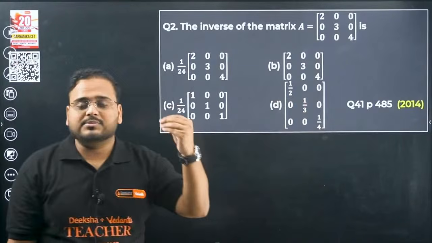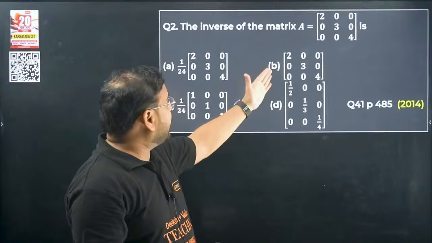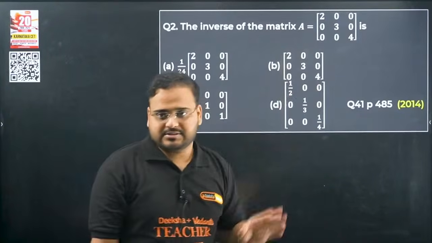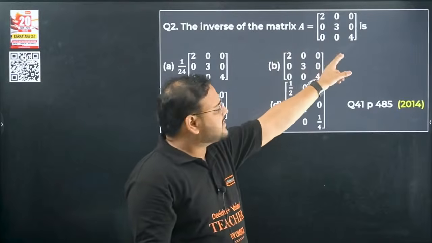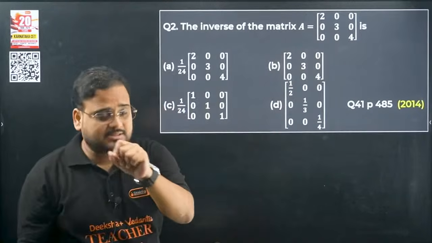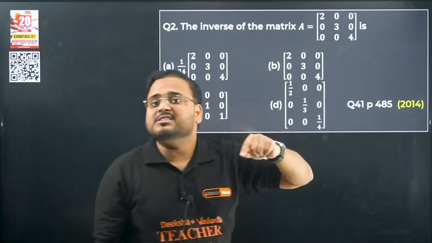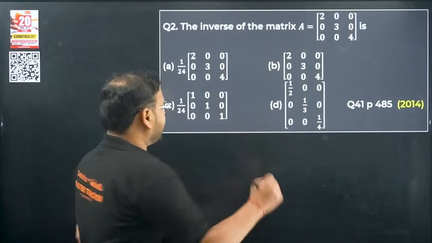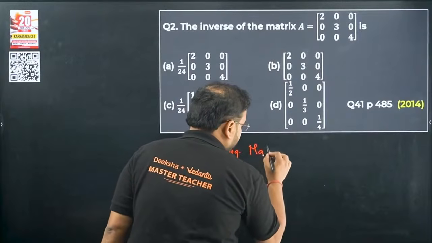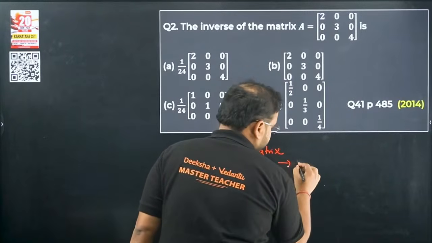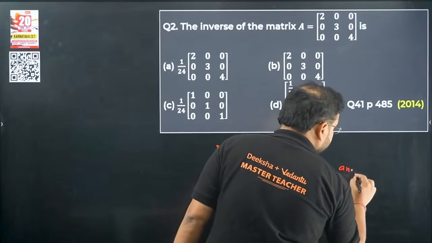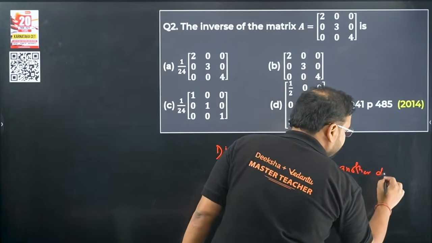Now in here comes a property. Okay, if you try to solve it, it will take too much of a time. But if you have a diagonal matrix, is this a diagonal matrix? Answer me right now in the comment section. Is this a diagonal matrix? Yes sir. So for any diagonal matrix, the inverse is nothing but another diagonal matrix. For any diagonal matrix, the inverse will be another diagonal matrix